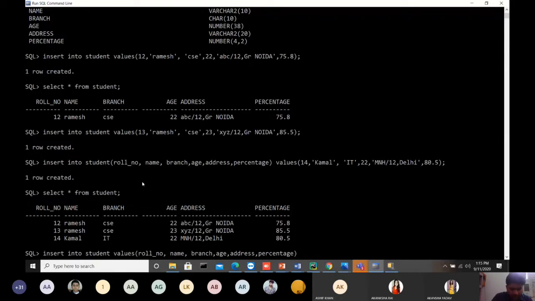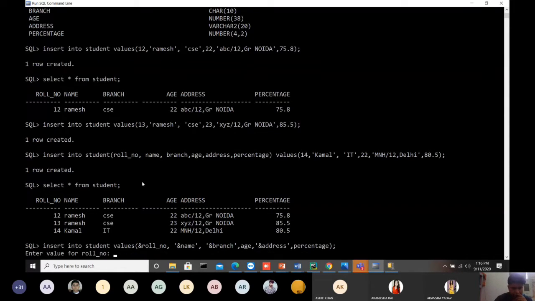Values, but now in that we have to use the ampersand. That means now we are inserting the value at the address of these. Here, when we write all the attributes with their address operator, that means now your value will be entered at these locations, right?